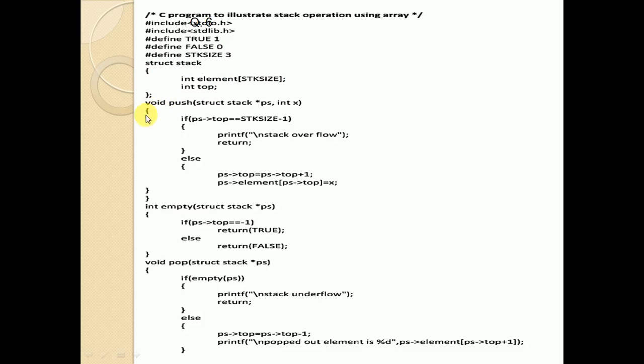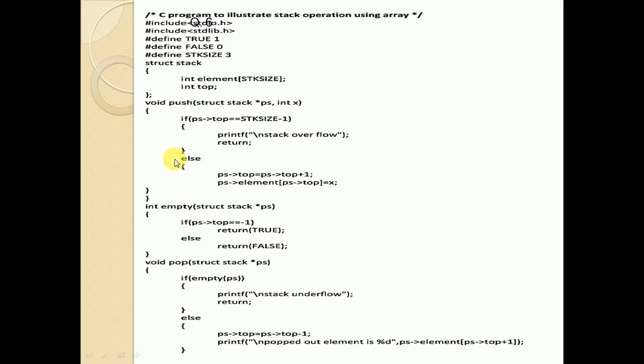Now the first algorithm, that is the push algorithm. Push is used for inserting an element into the stack. Let's take a stack pointer ps, which is the pointer variable, and an integer variable x.